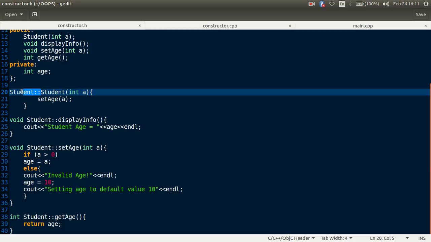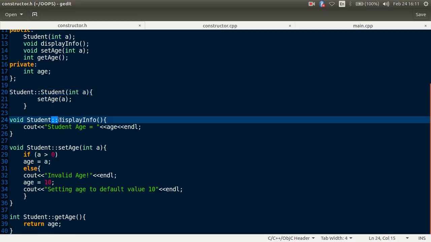What you are seeing here is Student, the class name, and then there is a double colon, which is the global scope resolution operator. This scope resolution operator is tying this constructor to this class, or if you see here, it is tying this function displayInfo to the Student class.